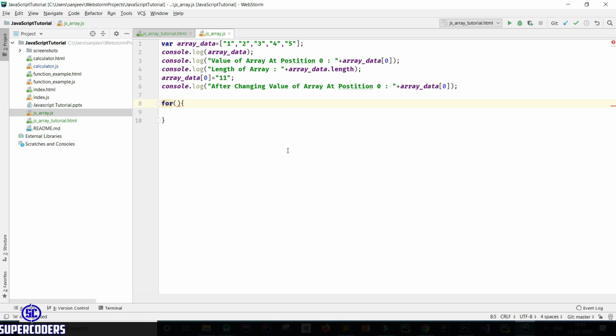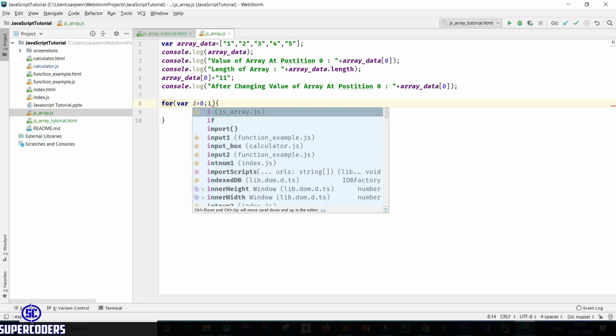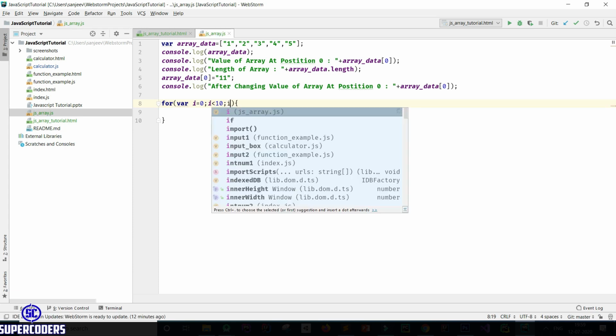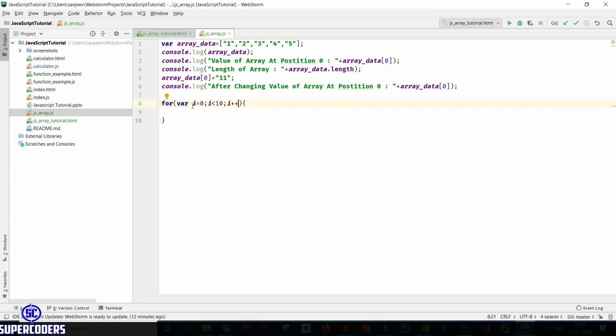So let's see how you can pass. First passing var i equal to 0, which we call initialization. Then passing the condition check: i smaller than 10. Then passing the iteration. So first we start the value of i, which is 0.